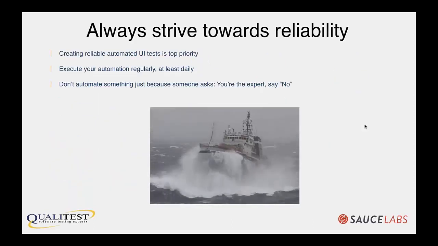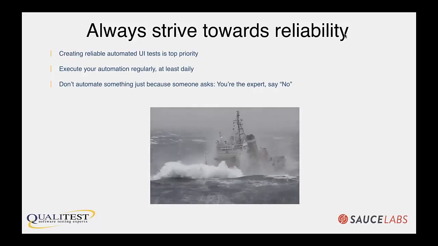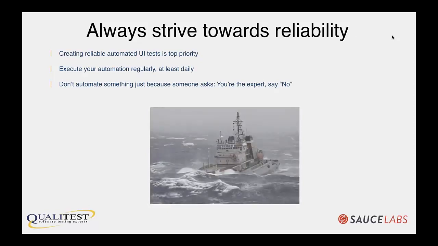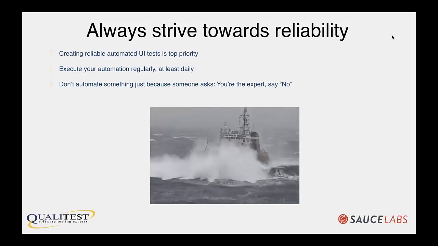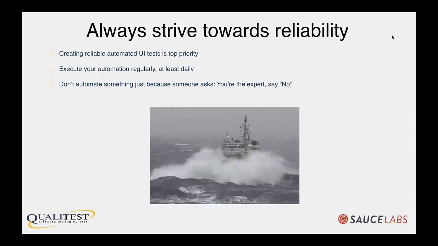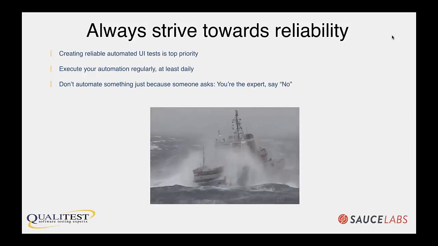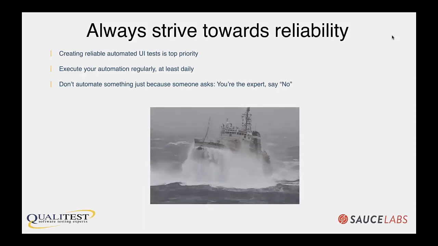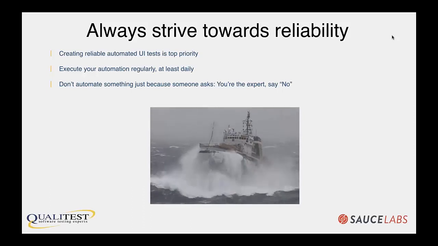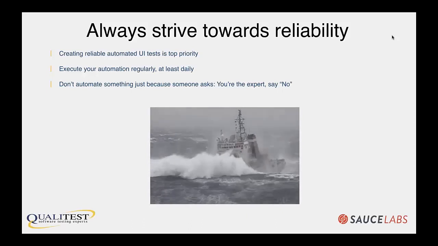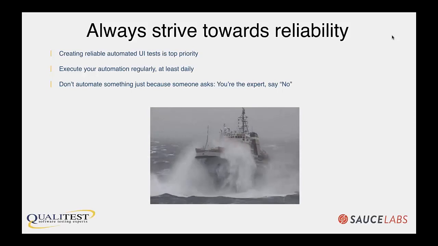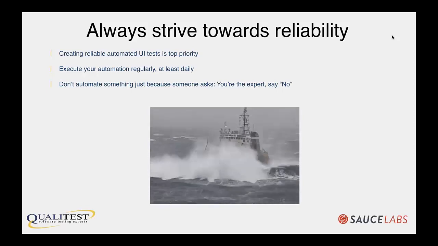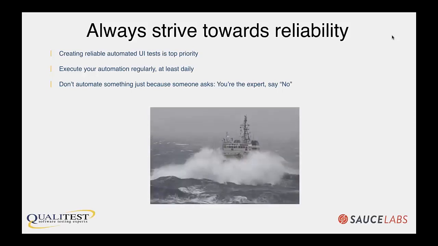So the very first piece I want to talk about is why automation is important. It's important that you use test automation in order to strive towards reliability. I find a lot of individuals and a lot of our clients, a lot of test automation engineers, start out thinking of test automation as basically a way to cover test coverage for the entire test automation suite. And that's an okay way to think about it.